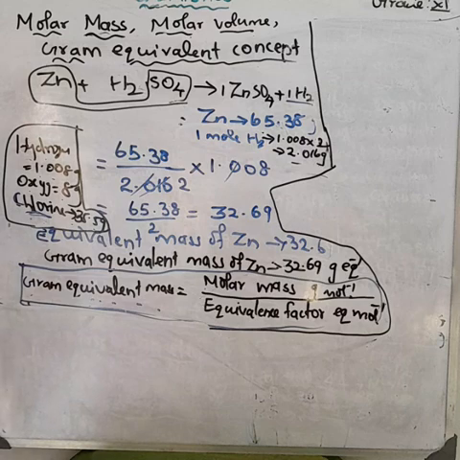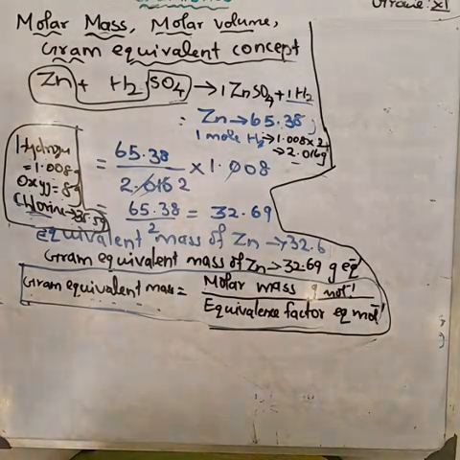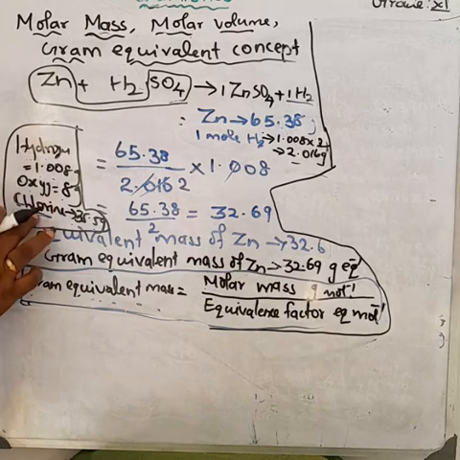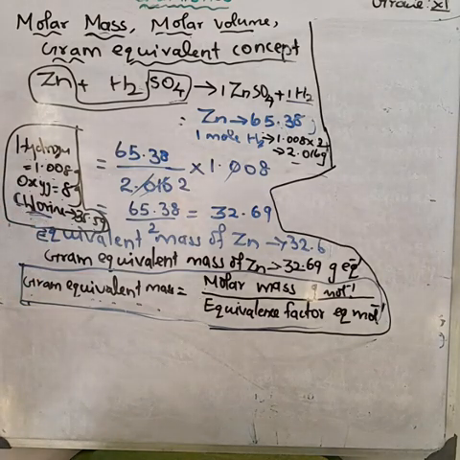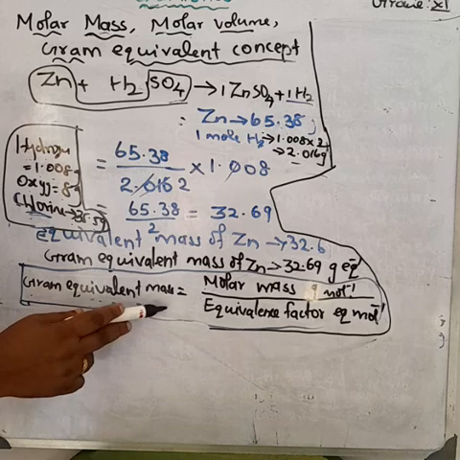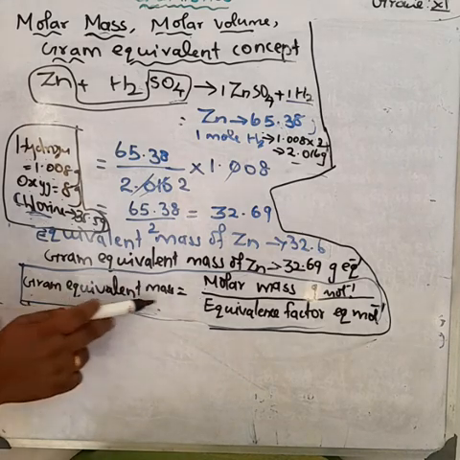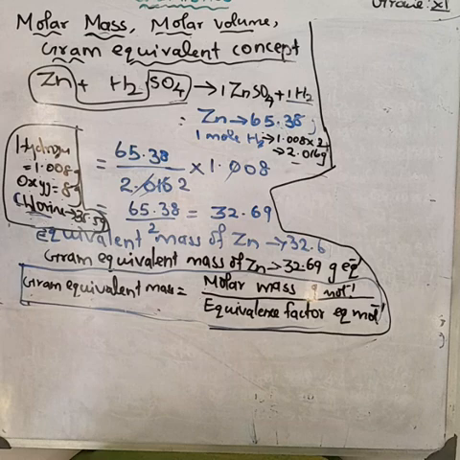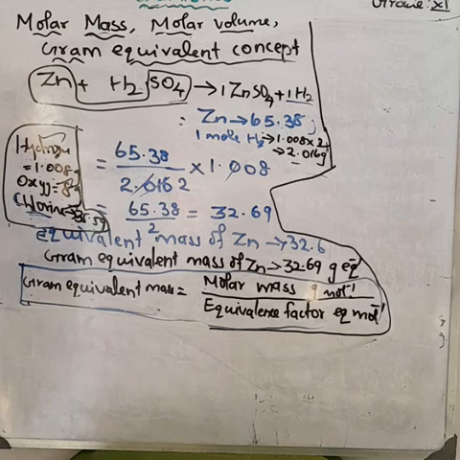Commonly, if you are simply calculating the gram equivalent mass, it is based on hydrogen, oxygen and chlorine. Now I am giving the three formulas. It is not in your textbook. It is the common formula. We are going to study tomorrow the expression on the basis of this formula, but I am giving the three formulas based on hydrogen, oxygen and chlorine gram equivalent mass. So the equivalent mass is equal to